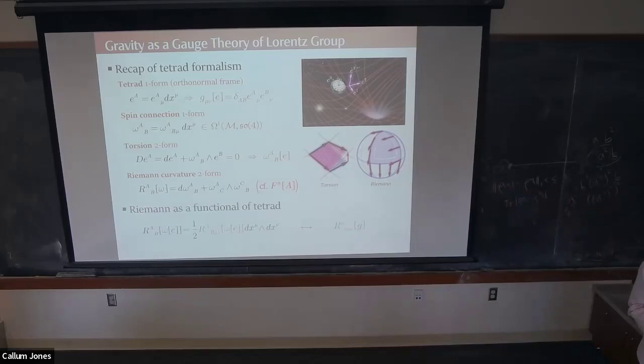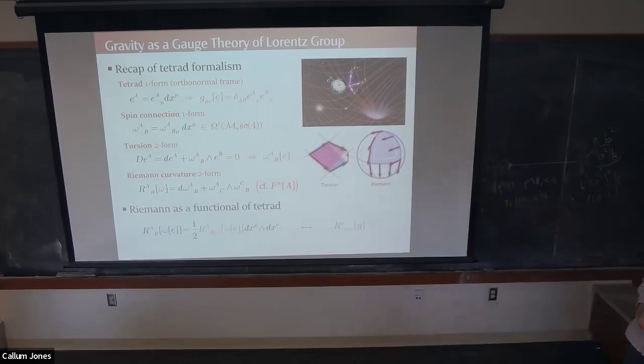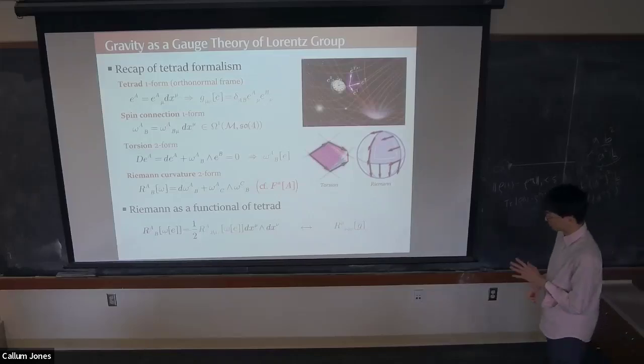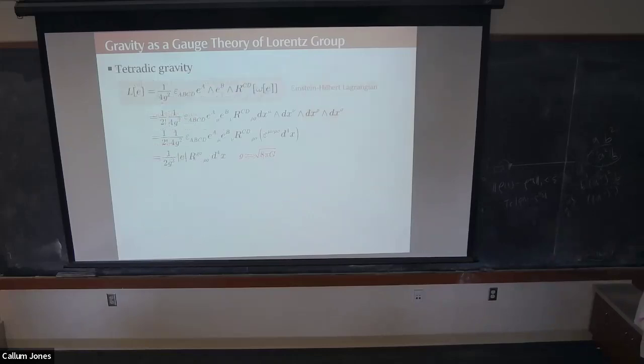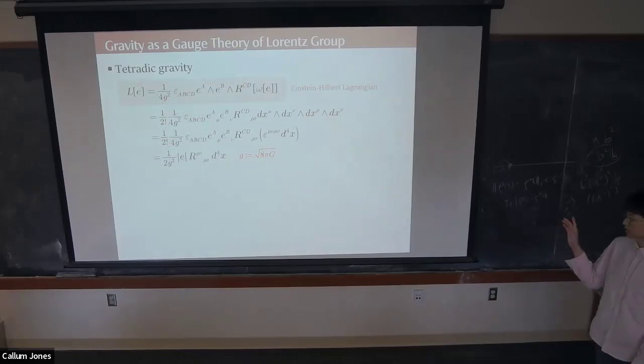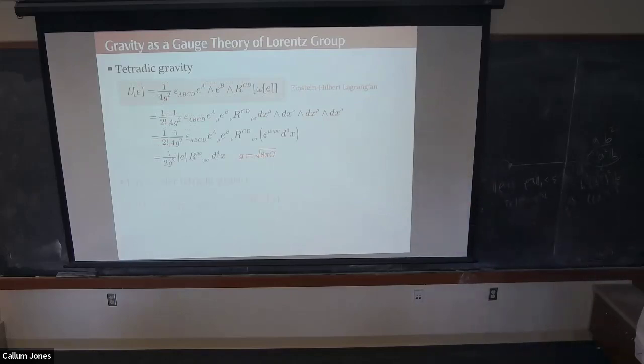If we find the Riemann curvature 2-form, which is just the curvature 2-form of the spin connection as a gauge connection, and plug in the tetrad functional describing the spin connection into that formula, then we precisely reproduce the Riemann tensor found from the metric. So we can fix some numerical factors. If we define G equal to the square root of 8 pi G and identify that as the gravitational coupling, then we can write down the Lagrangian for gravity in that nice form in terms of differential forms.